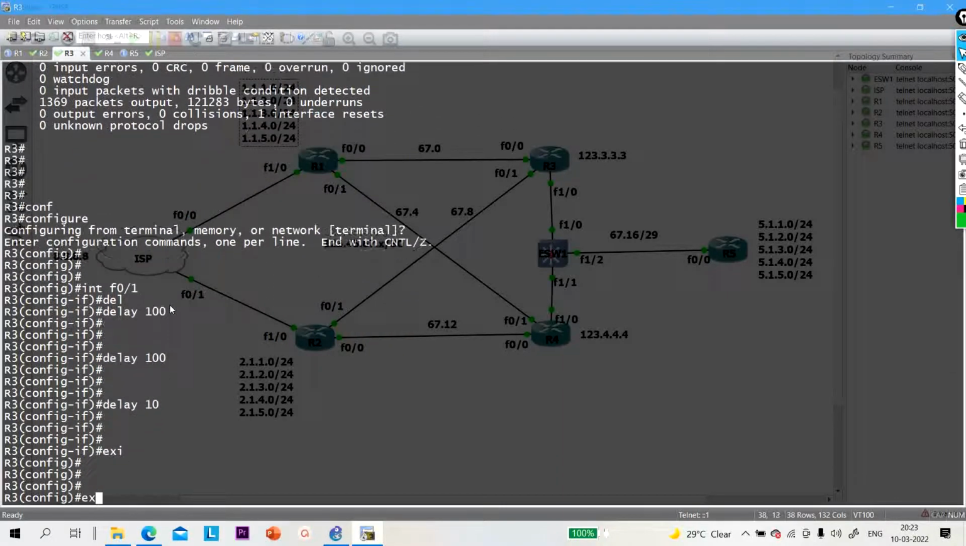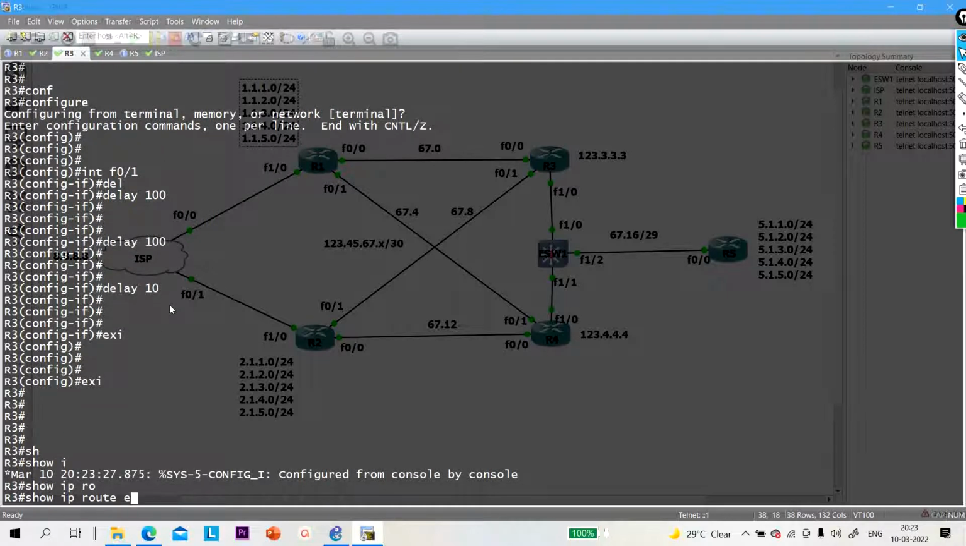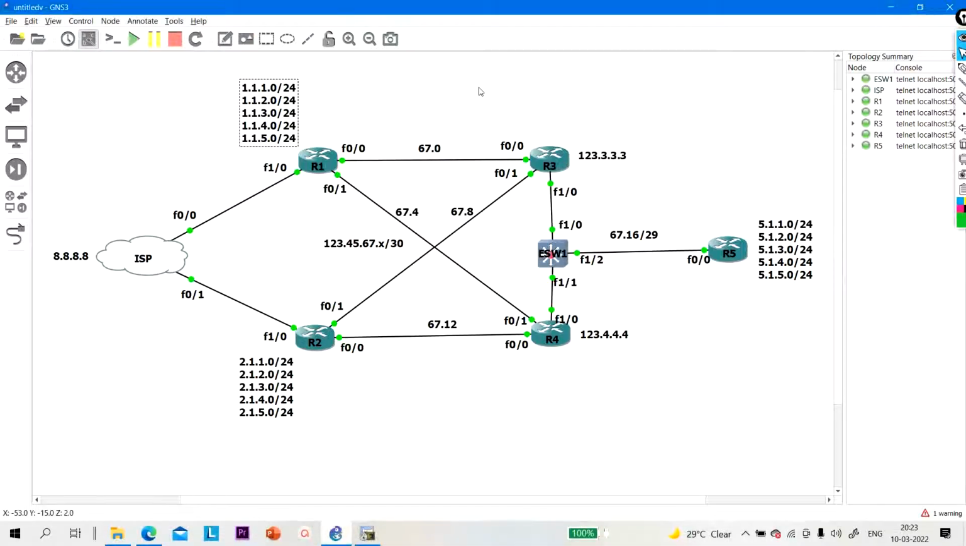Now definitely R3 will receive the default route from two sides. So IP route EIGRP, you can see there are two paths, right? Now there is a backup path. Yes. Now my task is